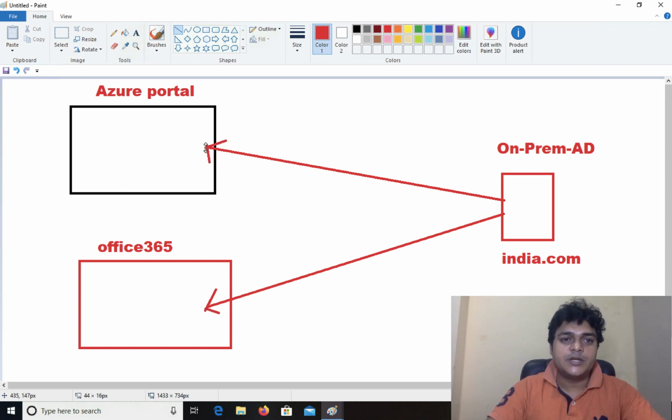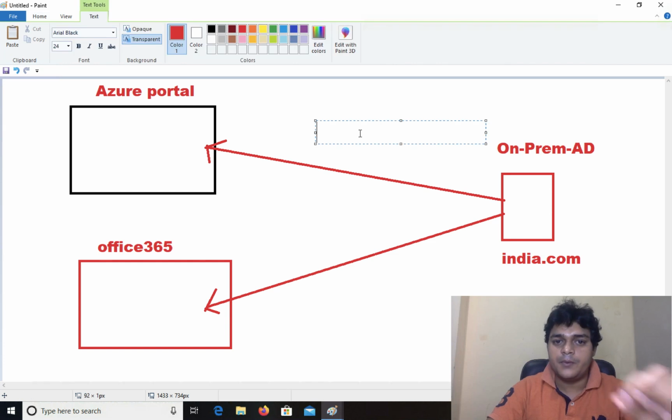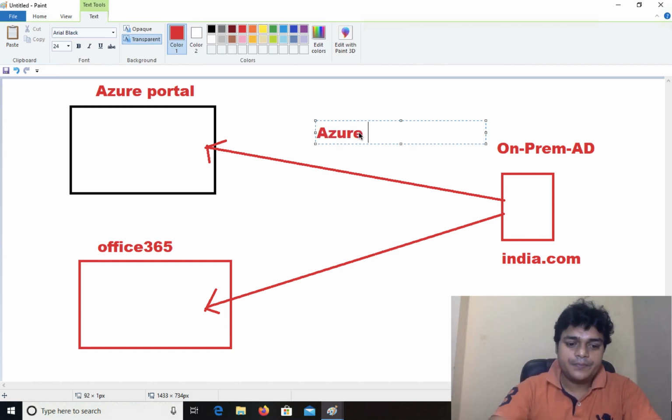So with the help of Azure AD Connect, you can make a connection between on-premises AD and the Azure portal or Office 365 portal. What do we need to do?